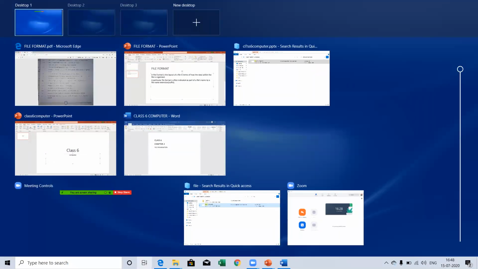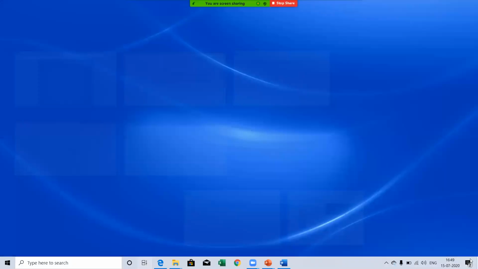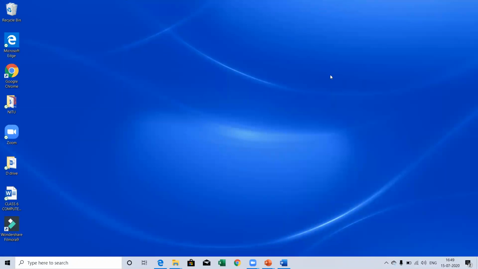In this way you can see them, and whichever one you want to open, just click on it and it will start. Today and last day I also explained how you can search a file or folder with the help of File Explorer and wildcards. Today I also explained the file formats.